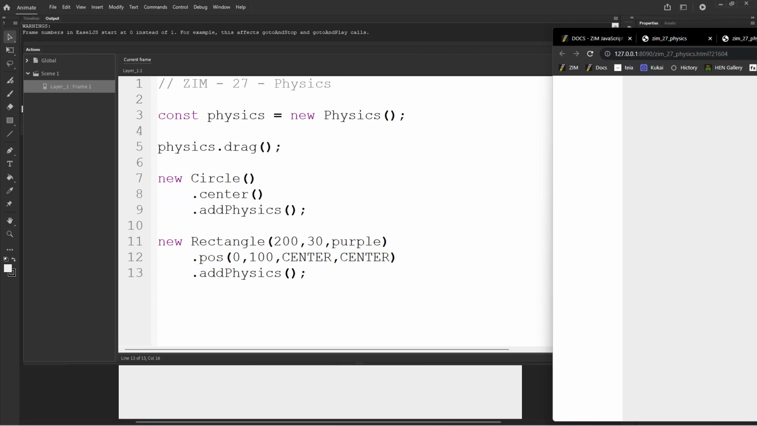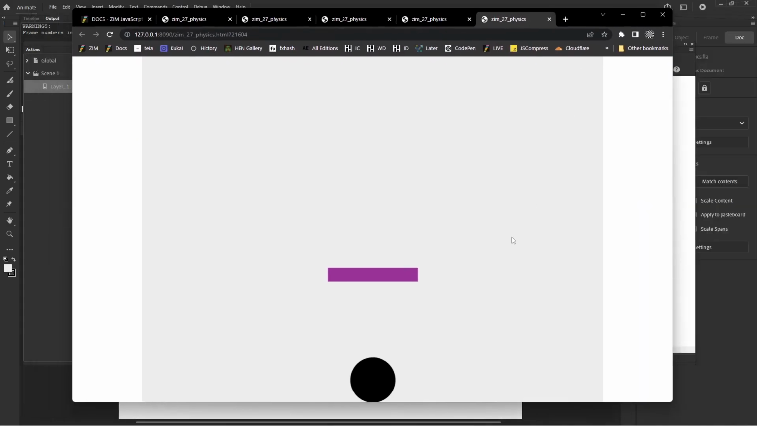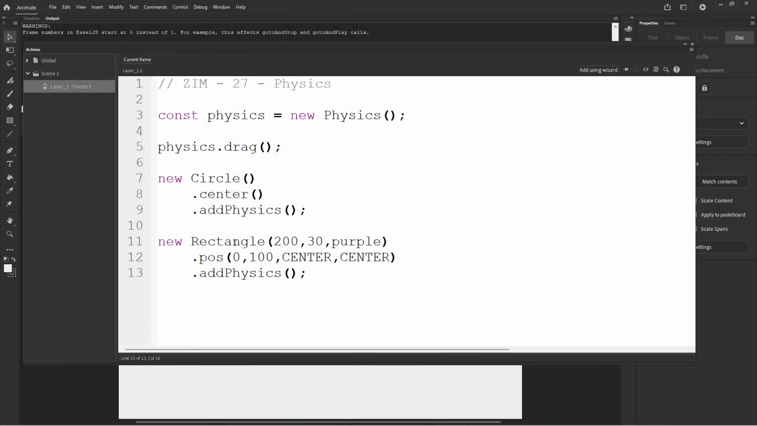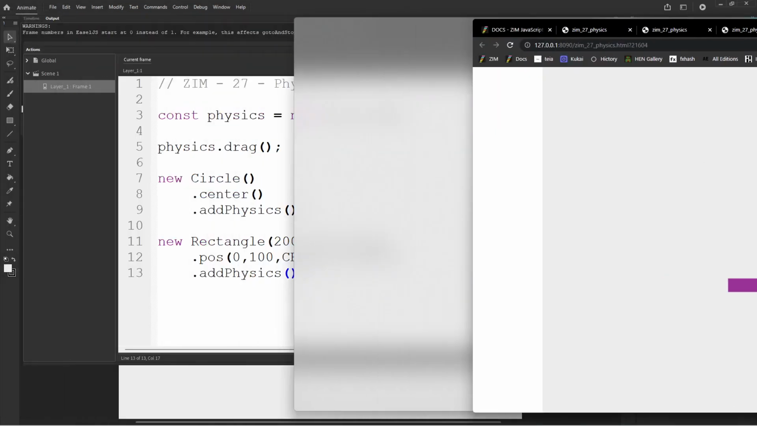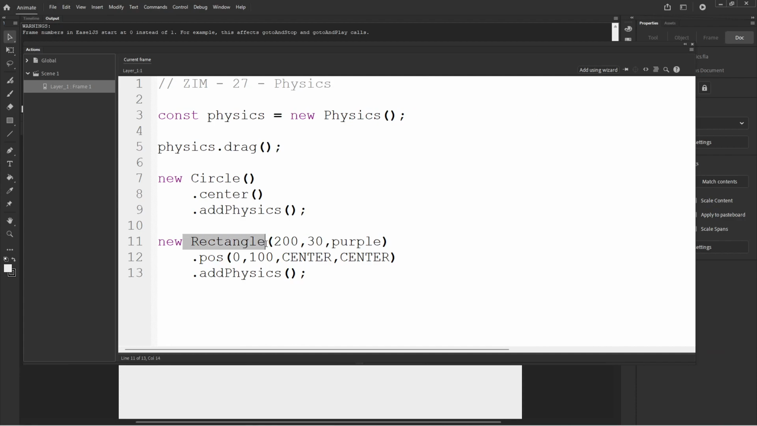Wait a sec, why did it even stay there? Add physics. It should have fallen, first of all, so something's a little bit off. Circle.addPhysics, posed in the center, add physics, and it didn't fall to the ground, did it? Did I spell it right? Physics, yeah. Any error? F12. Huh. What's going on, Mr. Rectangle? New rectangle, purple, position, and add